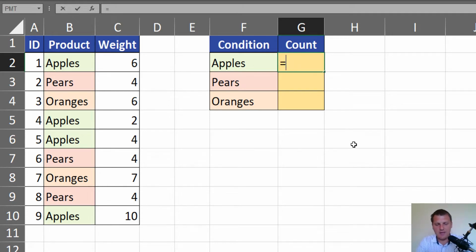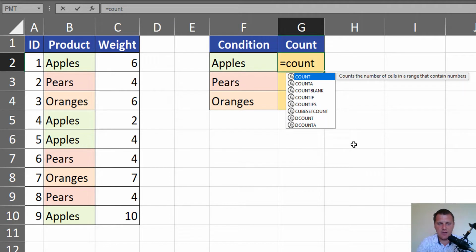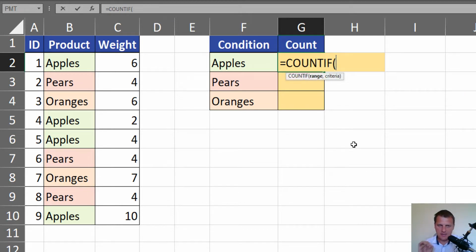And in our example we will use the COUNTIF function, and this function has just two arguments. The first one is a range on which we are going to check our condition, our criteria. So in our case, the criteria is a product name, so we can select a cell with a product name. And the COUNTIF function will check each cell of the range